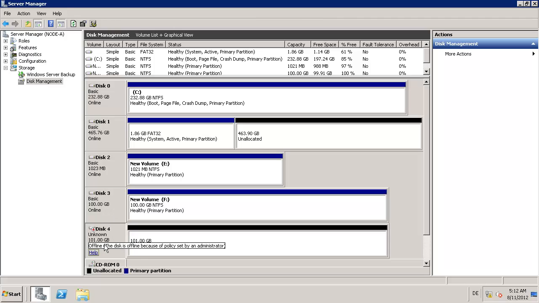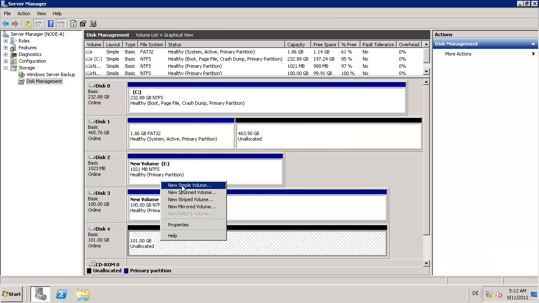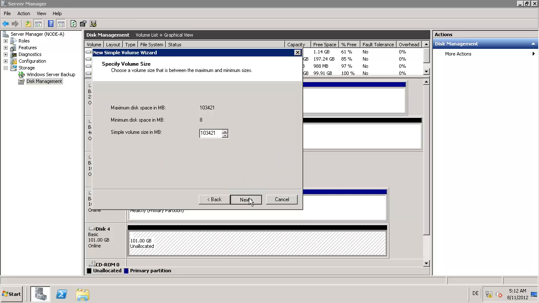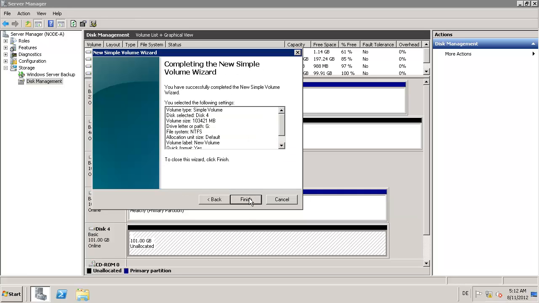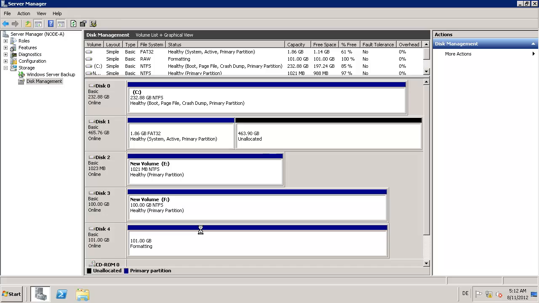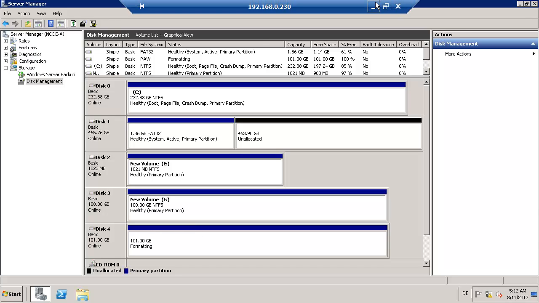And the last one, initialize and format. Okay, so it is formatting. Let us switch to